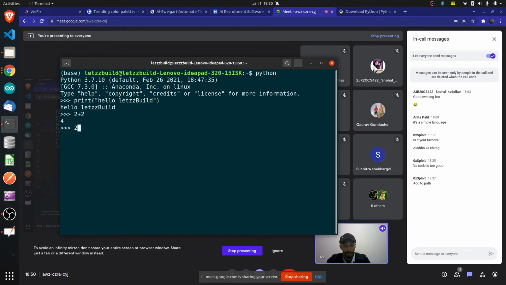If you want multiplication, just do 2 into 2. The multiplication sign is not on our keyboard, so we use the star sign. See here, you can execute every command in Python inside this shell itself. This is one way to run it, but this is just used for testing purposes. We don't use it for bigger programs. For bigger programs we need a systematic way to write programs, right?